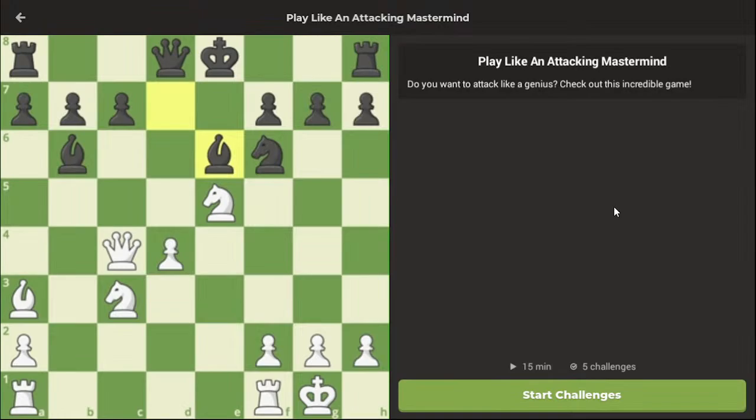Keep that fire burning. Keep it burning. So how do we keep it burning? How do we open up lines here? D5, of course. And this, even at the cost of a pawn, allows us...